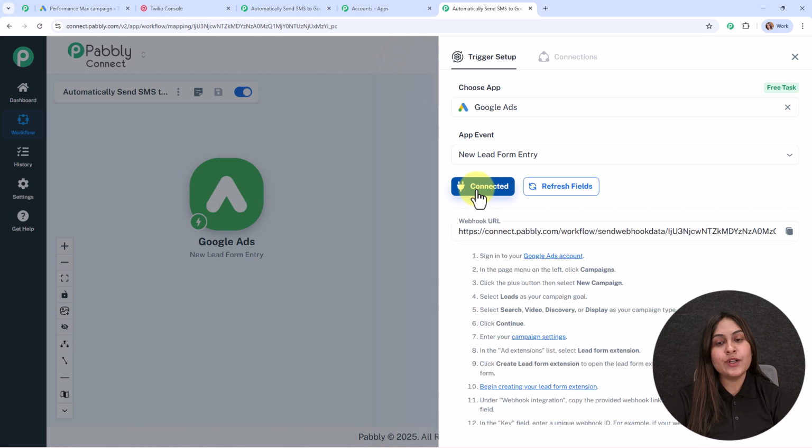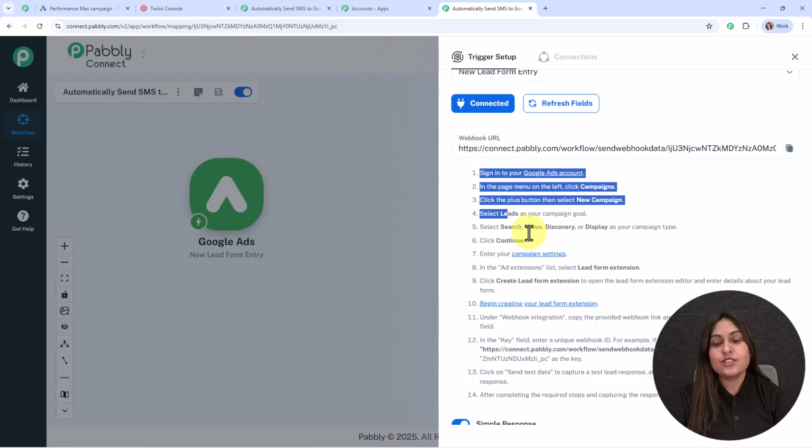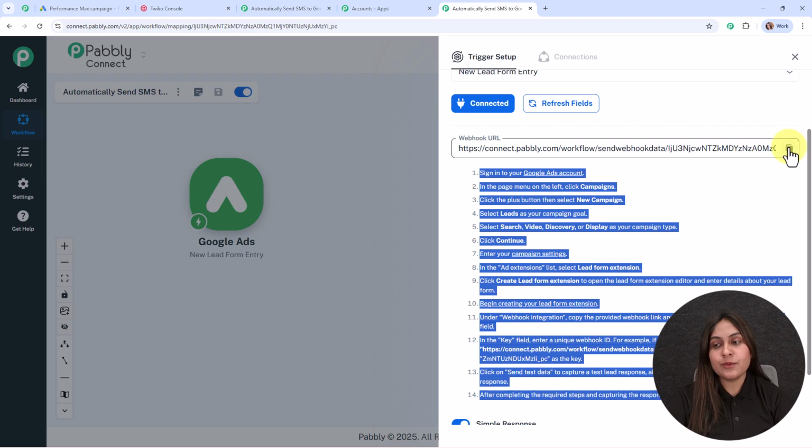Then we're going to click on this connect. Here you can see I've received a webhook URL. That means you're going to use this webhook URL to connect our Google Ads with Pabbly Connect. So following the instructions given below, firstly I'm going to copy the webhook URL, and here I've already logged in